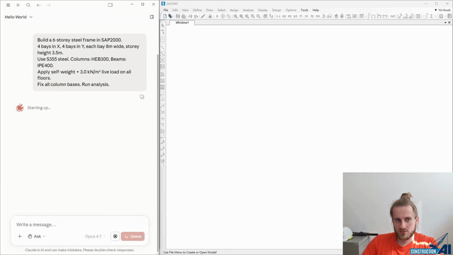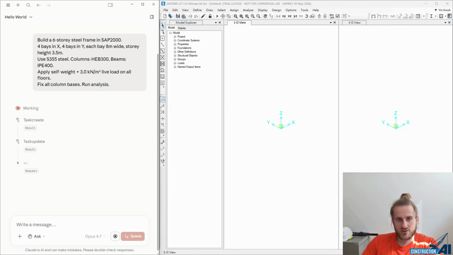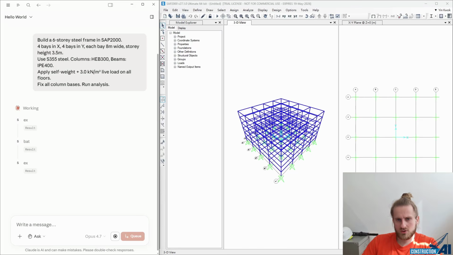I input the prompt. The MCP connection takes care of the rest, and as you can see, it's also sped up, but it designs in iterative steps. So first it designs the columns, then the vertical elements, the horizontal elements, as you might do in a manual structural engineering fashion using manual design software. So as you can see, now it's applying the